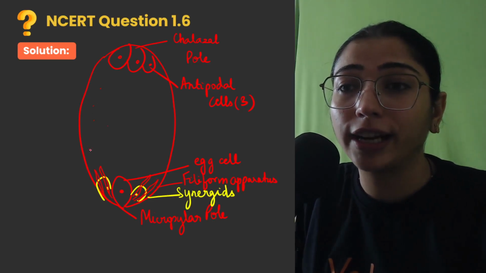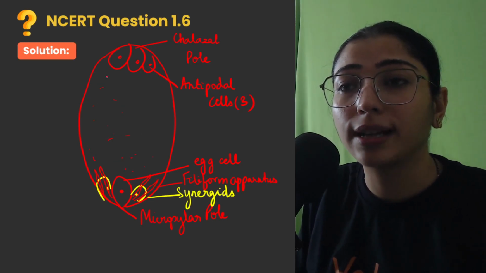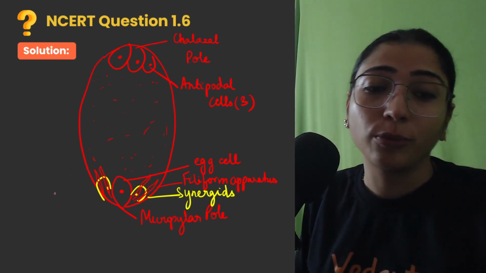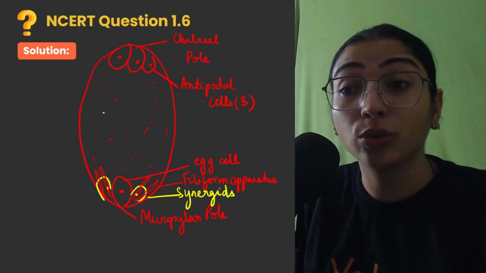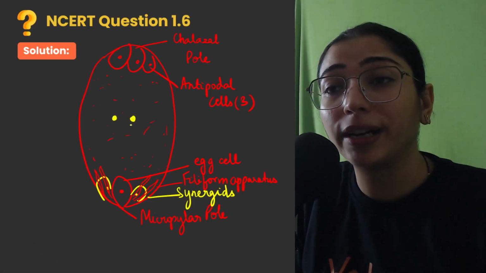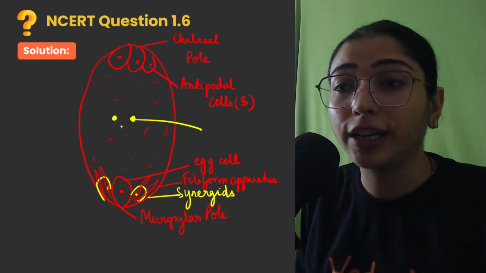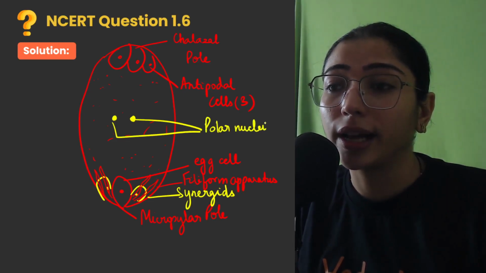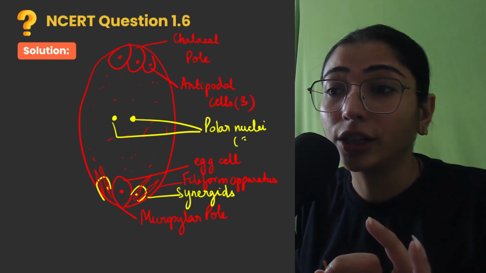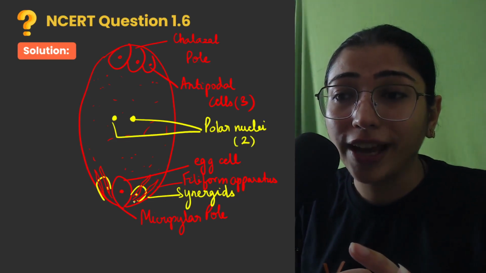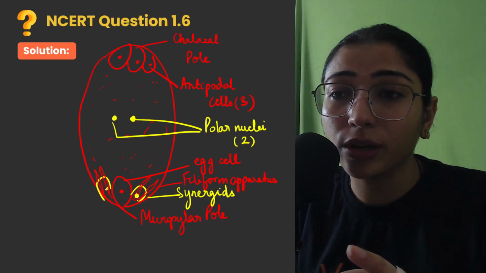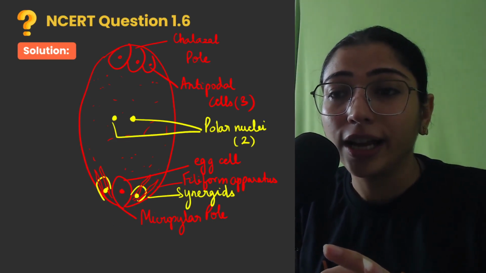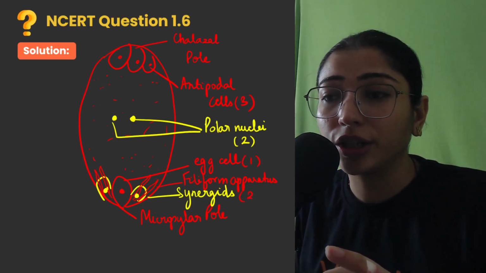In the center, children, we find a large cytoplasm. A large cytoplasm is freely suspended, right? And in this free cytoplasm we find 2 nuclei which lie freely suspended in this large cytoplasm. So these free nuclei that you see in the center are known as polar nuclei. So how many nuclei, children? These are 2 nuclei. And in case of egg cell and synergids, you can see this is the nucleus of synergid, and this is the nucleus of egg cell, right? So egg cell plus 2 synergids will make 3 cells.